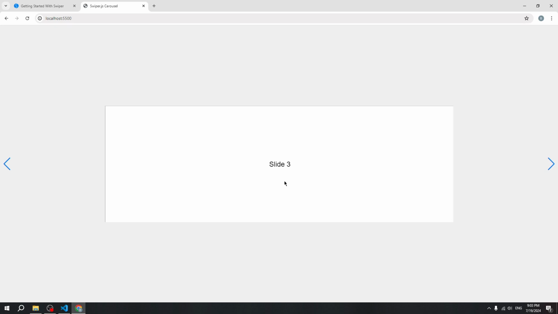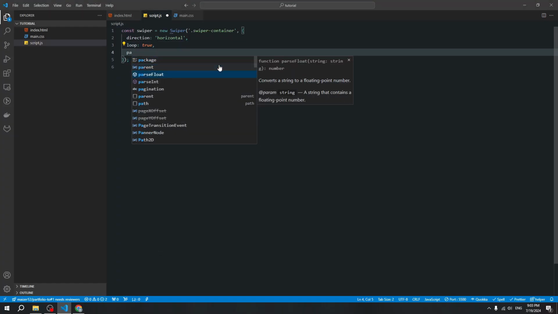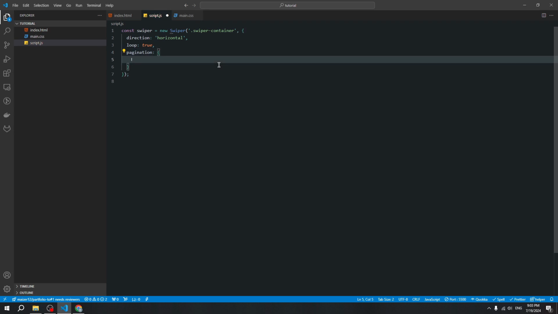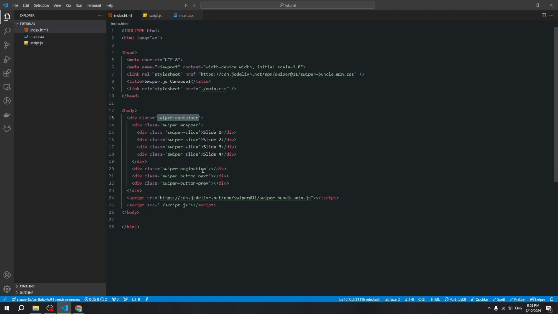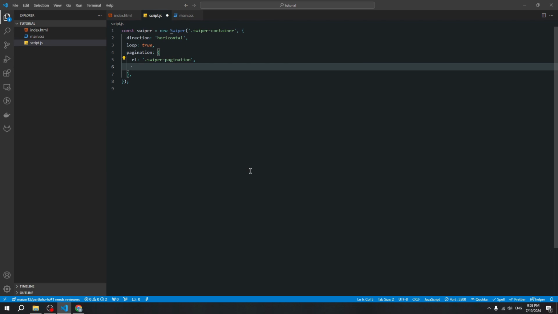Okay, let's go to the next property. It's named pagination. Thanks to this property we can connect our pagination. This property takes an object with parameters. The first parameter is named el, and inside this el we need to add the selector of our element, and our pagination will be inside this element. Add the class of our pagination,